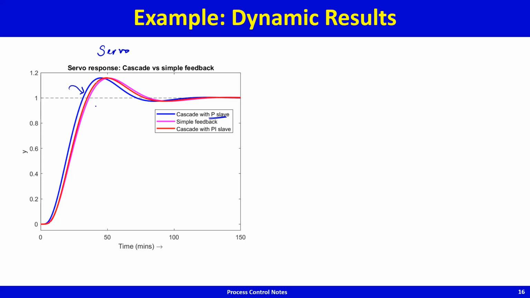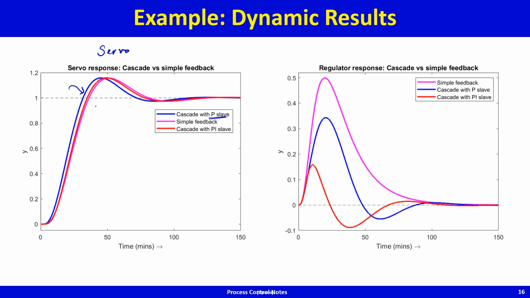Okay, then I also took out some regulator response for cascade versus simple feedback, and in this case we are changing d of s. The slave loop disturbance is changed as a unit step. The magenta curve is for simple feedback. You can see that with cascade control, the blue curve is actually much better than the magenta curve. The red curve, look at this guy over here. The red curve actually looks much better than